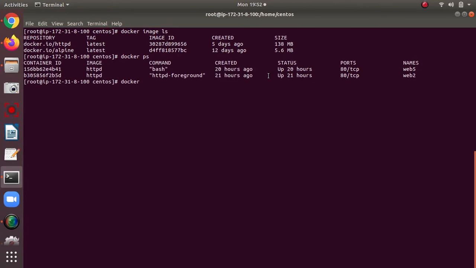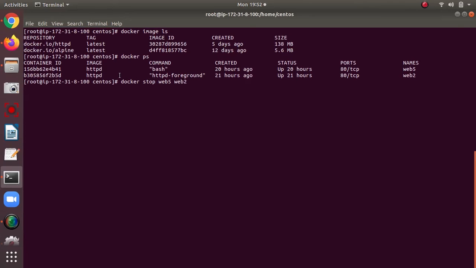The command is very simple: docker stop, and you can give the container name or container ID. I am giving the names web5 and web2 and hit enter.